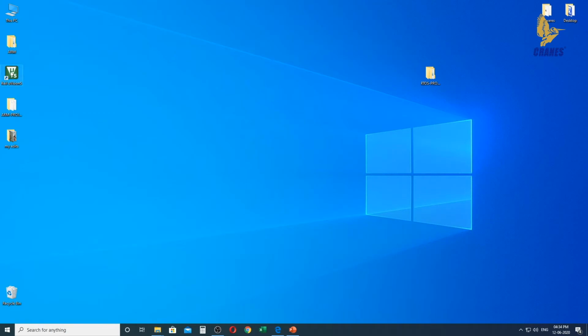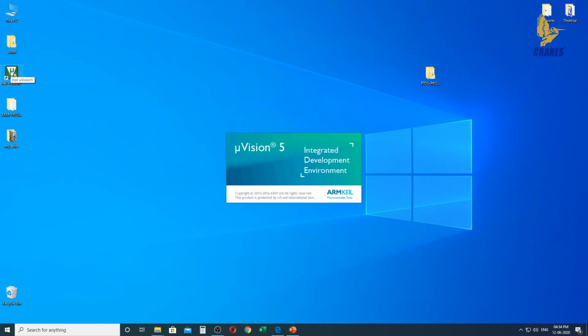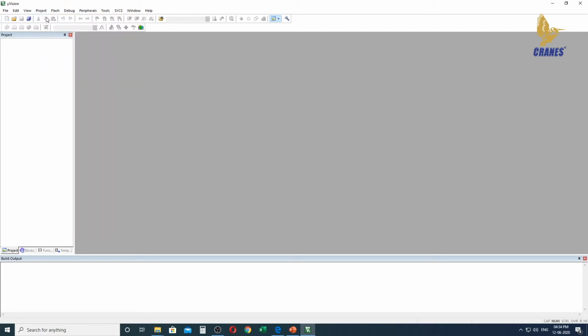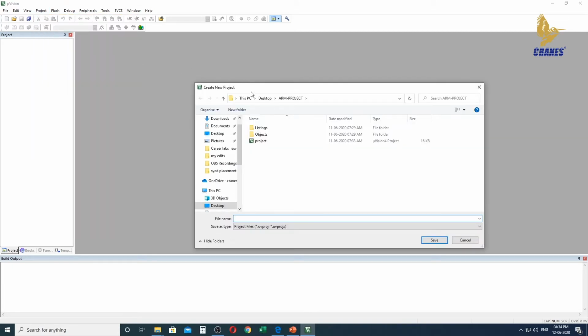Now we can open up our Keil Microvision. Here we need to create our new project, so you can click on new Microvision project. Once you have clicked on that, you can go to your desktop. Under the desktop we have RTOS programs. Under this RTOS programs folder, I want to go to the task folder. Under this task folder we are going to create our first project. The first project name we are going to mention is multitask.